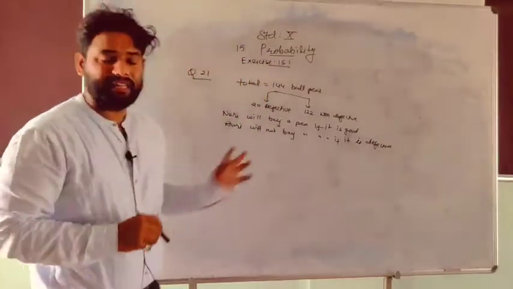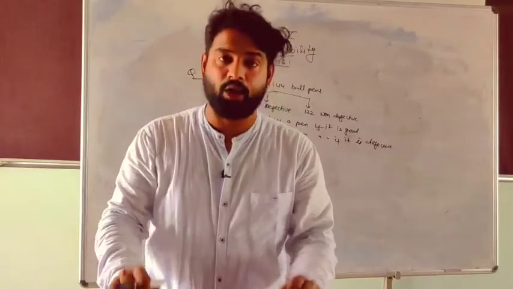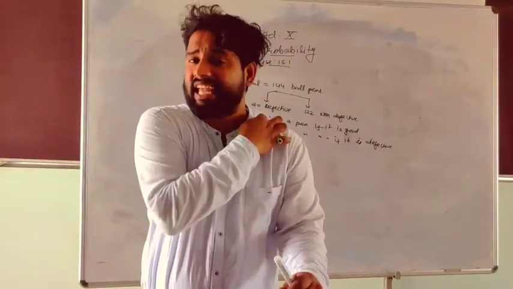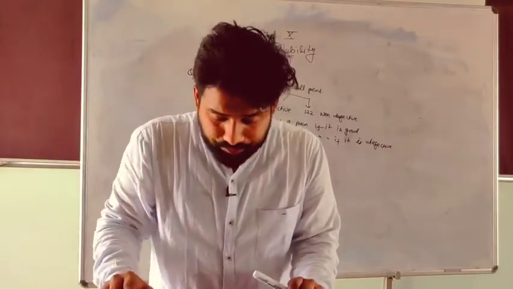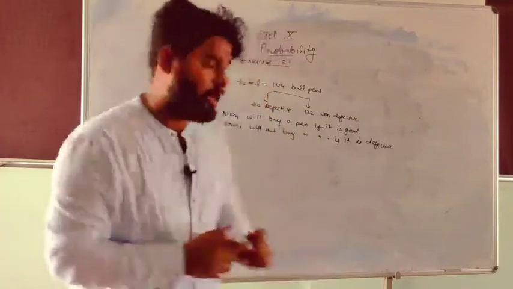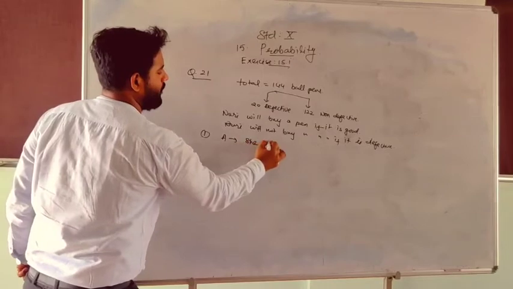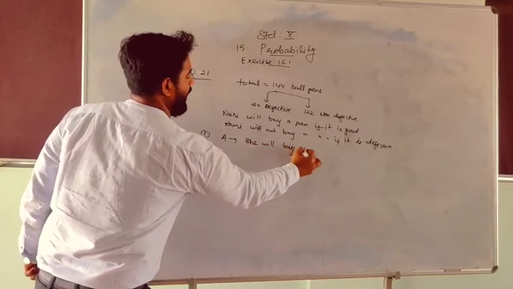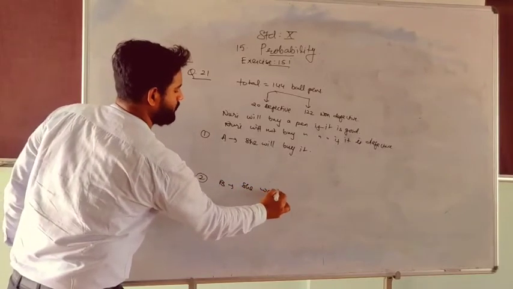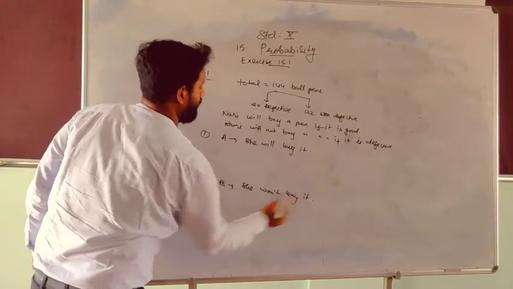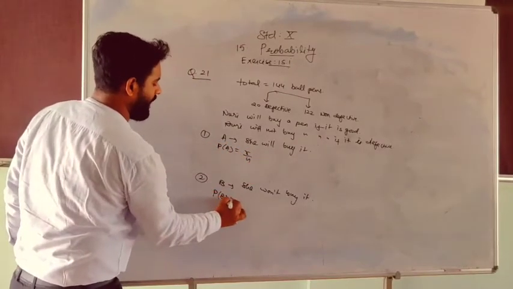Right? This is the data that is given in your question. The shopkeeper draws one pen at random and gives it to her. Now the shopkeeper doesn't see whether it is a good pen or a bad pen. Randomly he gives one pen to Noori. What is the probability that she will buy it? First, A, she will buy it, and second, I'm taking as B, she won't buy it. So probability of A is equal to r by n here, and probability of B is again r by n here.